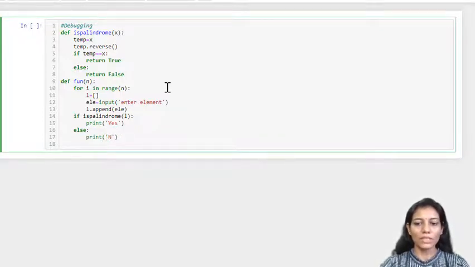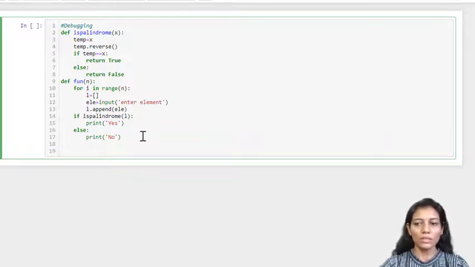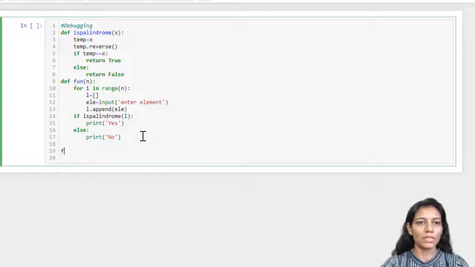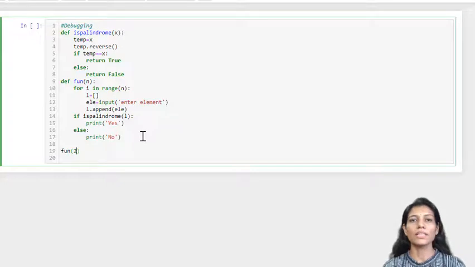So to see how this function is working, I'll make just a call and pass func of 2. That means I am asking the user to enter 2 characters, and I'll be checking whether it is a palindrome or not.